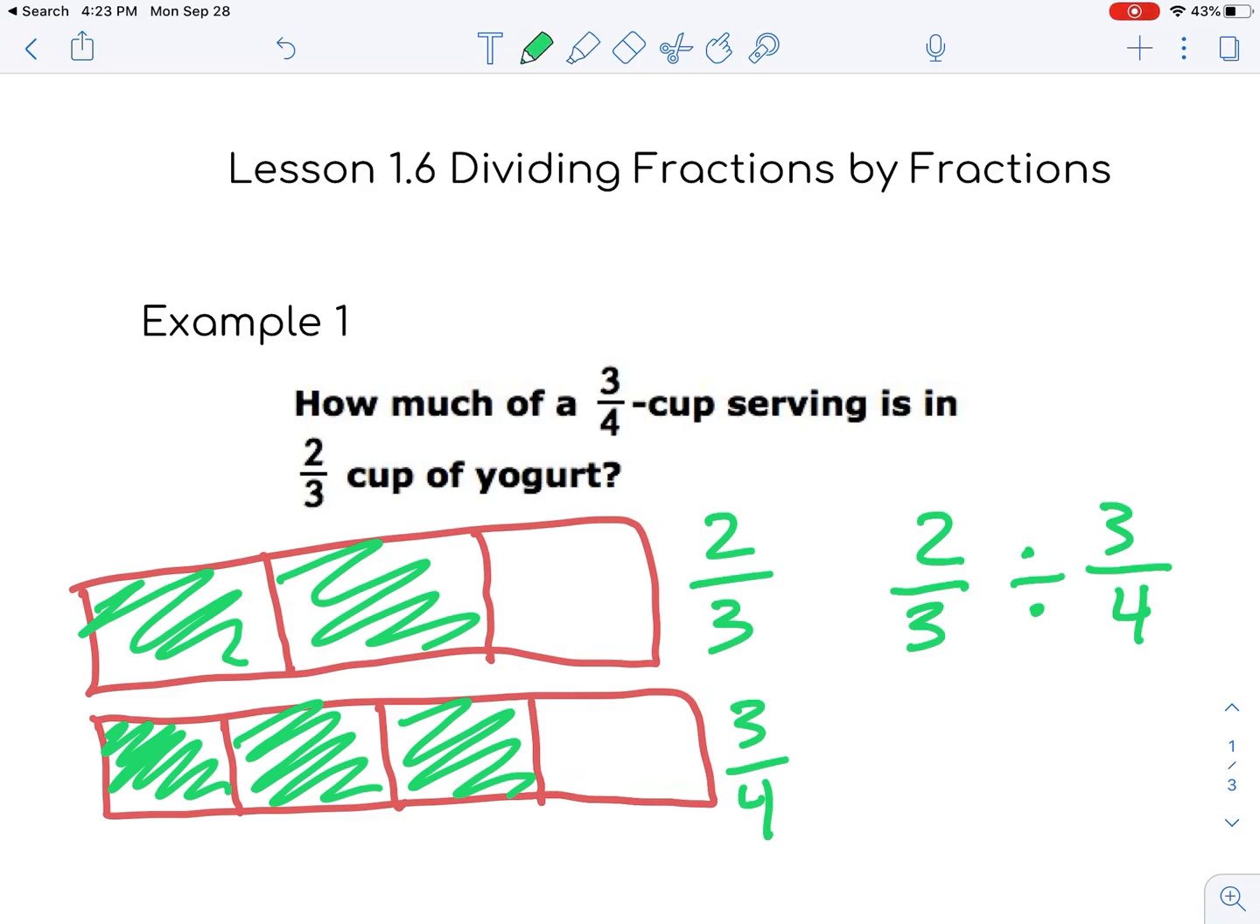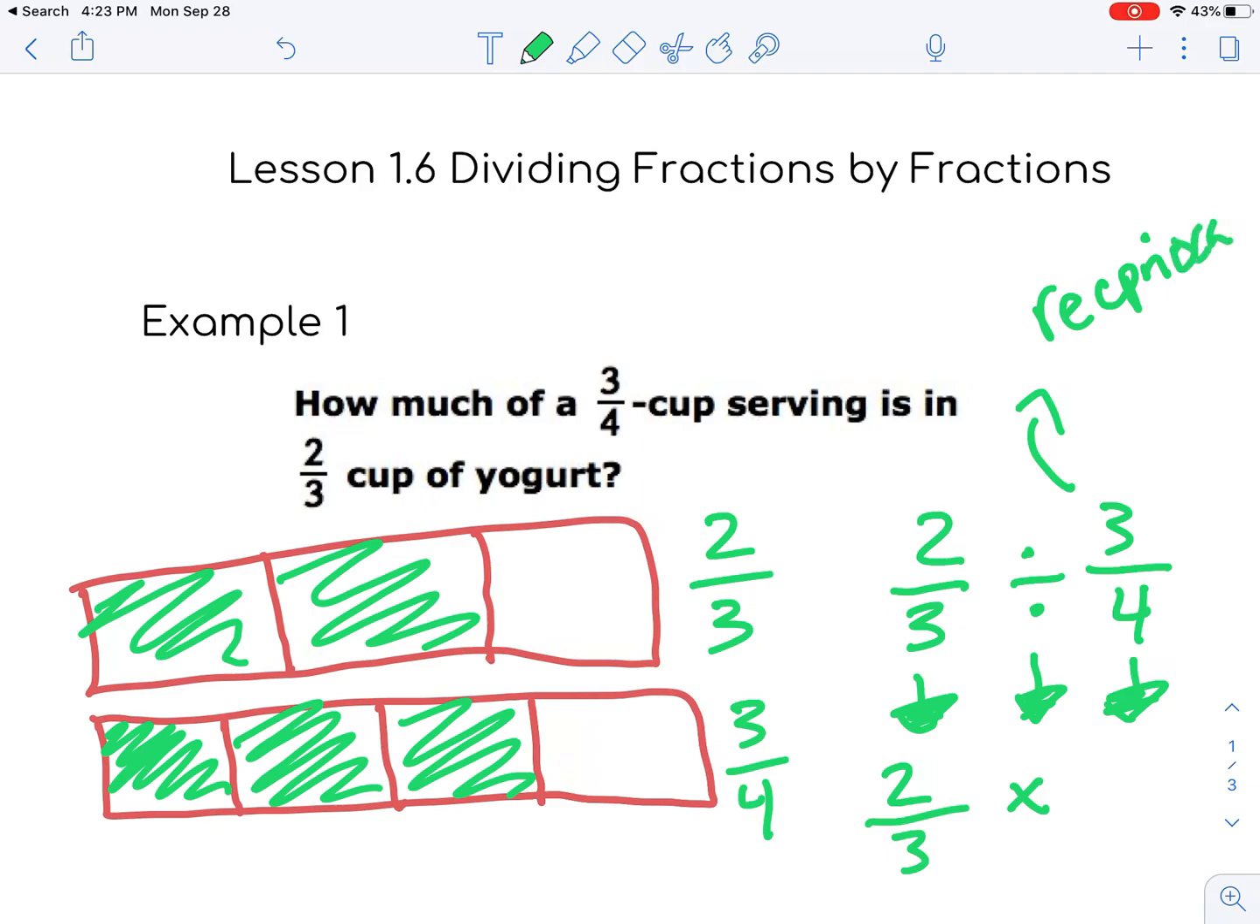Now, to divide with fractions, what you do is we keep the first fraction the same. So 2/3 stays the same. We want to change this division into a multiplication sign. We want to change this into a multiplication problem. And whenever we do that, we have to do the reciprocal of the second fraction. So this is a key term that we want to remember,